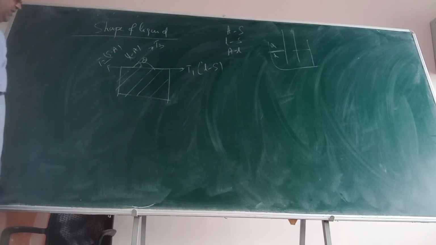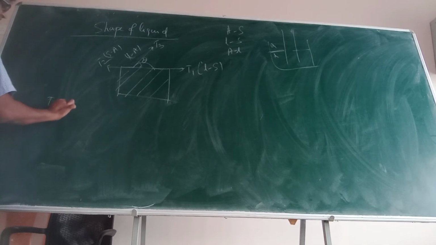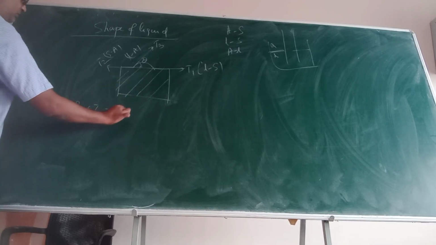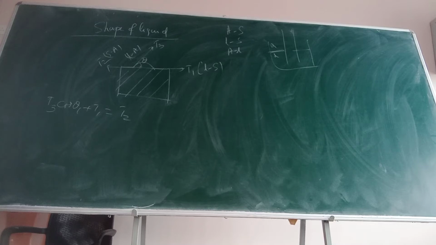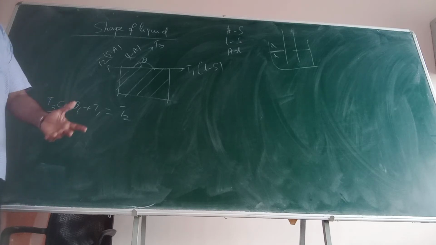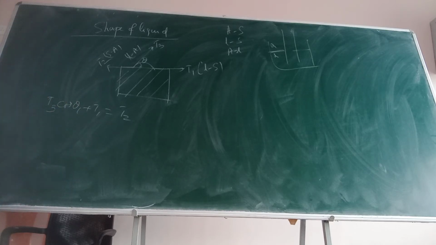If I take the x direction, it is in equilibrium, let us say, so it is T3 cos theta plus T1 is equal to T2. Assuming that in the x direction they are balancing each other, you are in a state of equilibrium. Can I frame this equation? I am calling this angle theta, the angle of contact. Theta can be obtuse, theta can be acute, theta can be anything. But in general format we are saying that it is theta. T3 cos theta plus T1 is equal to T2. Do you agree with this?